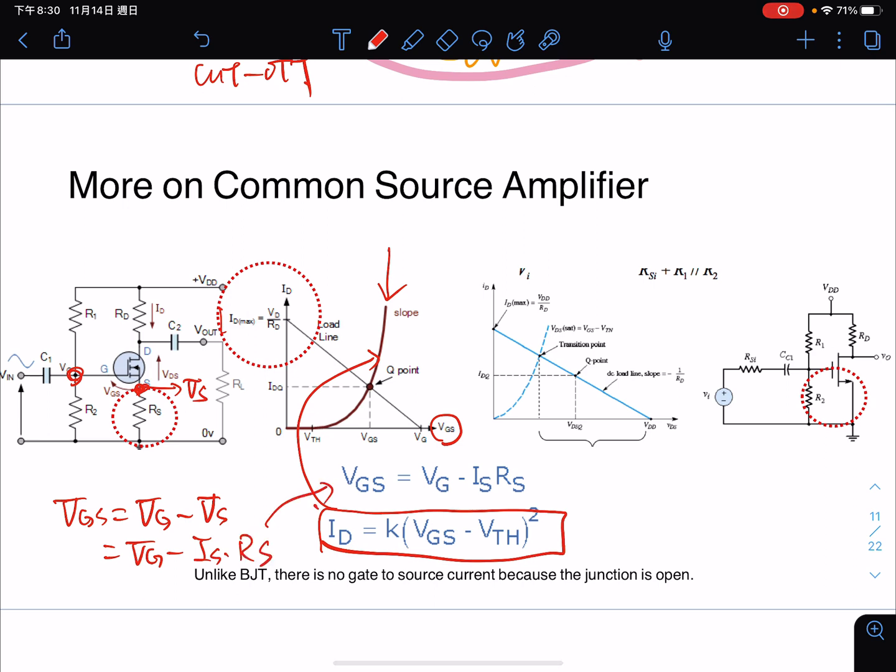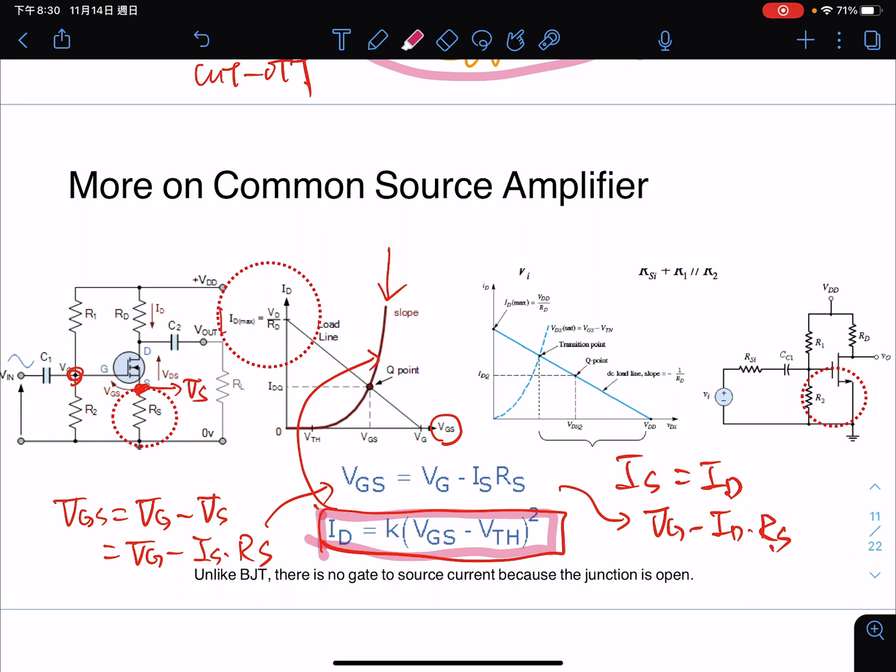Okay, something like this. But because the IS will be equal to ID, this one can be rewritten as VG minus ID times RS. And how can we determine ID? Okay, it depends on the other equation, meaning this equation. So these two equations are interdependent, and we need the